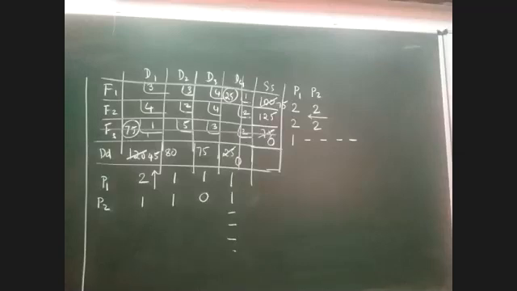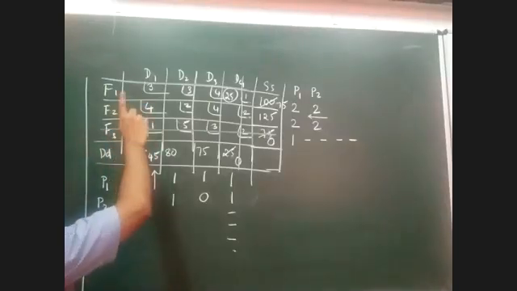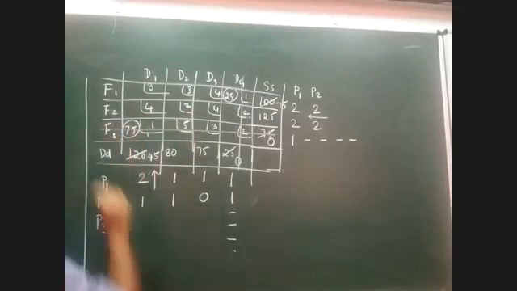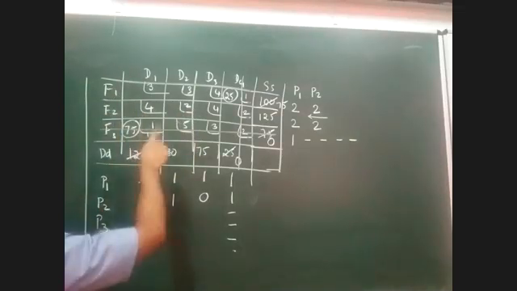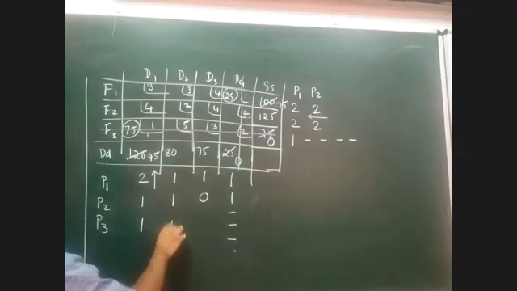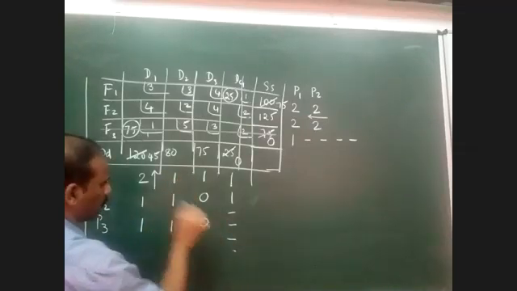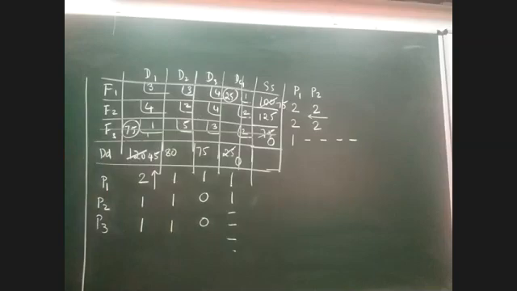Now, can you please tell me, can I calculate penalty 3? Can we calculate P3? Yes, sir. Why? Because you can see that there are minimum 2 rows and 3 columns. Anything at least 2 rows and 2 columns is perfectly fine, so we can still calculate penalty. Let me calculate the penalty P3. In the first column there is no change because the same elements are there. The difference is 1. Second column also the difference is 1. And third column also no change, the difference is 0. We got 1, 1, 0 as the P3 column values.